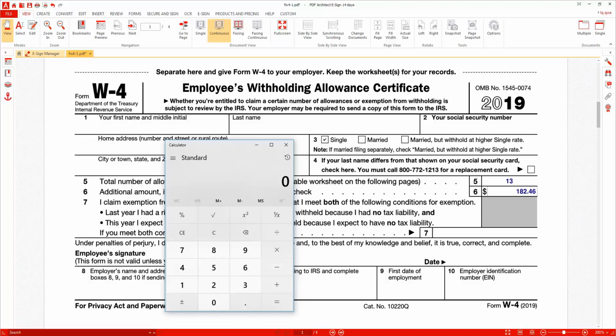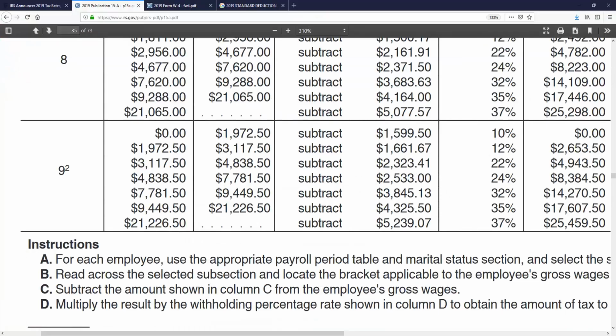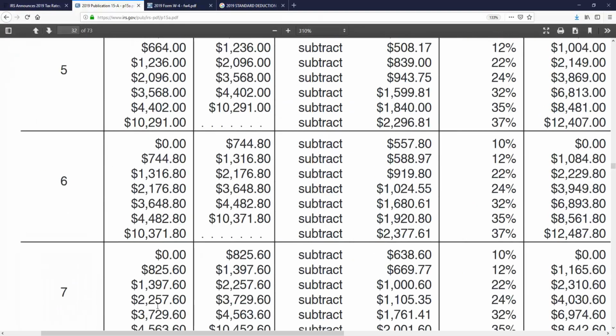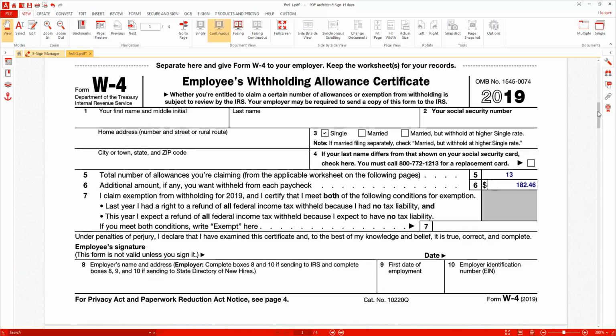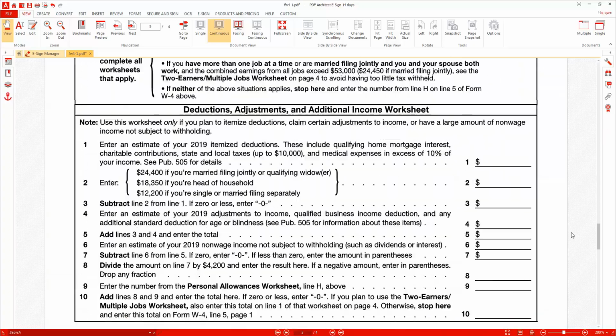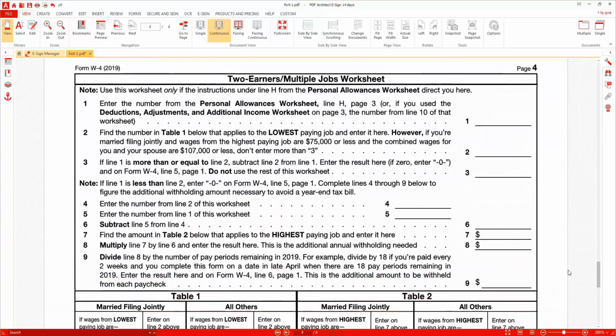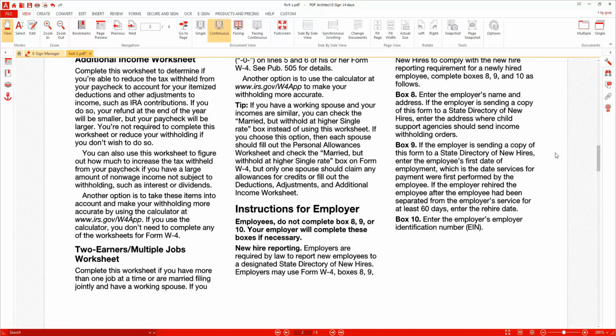I think that about covers it. I think I've illustrated how this stuff works. Again, if you use the W-4 and you fill it out, answering those questions, it's going to ensure that you pay more to the IRS than necessary. Okay? And if you are married or if you do have multiple jobs, if you're not filling out the 2-earner multiple jobs worksheet, then chances are you will owe money to the IRS.